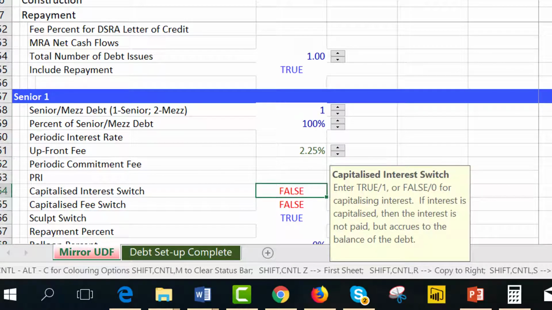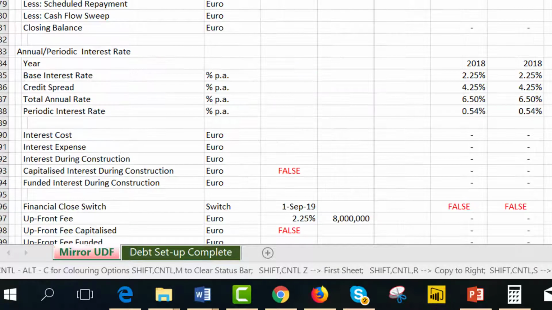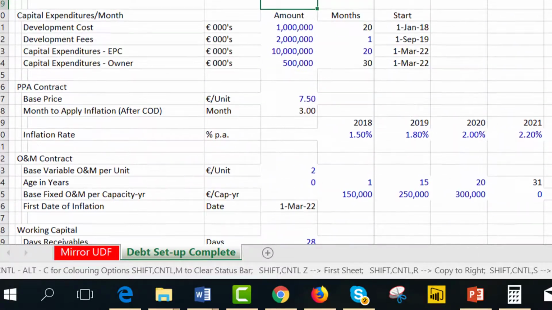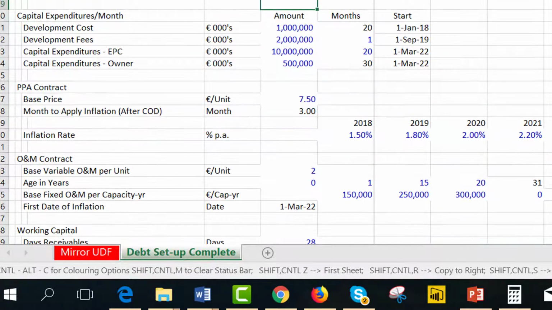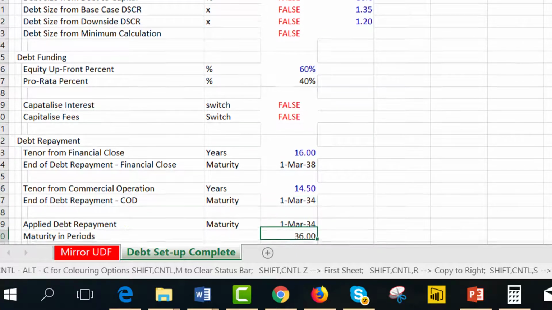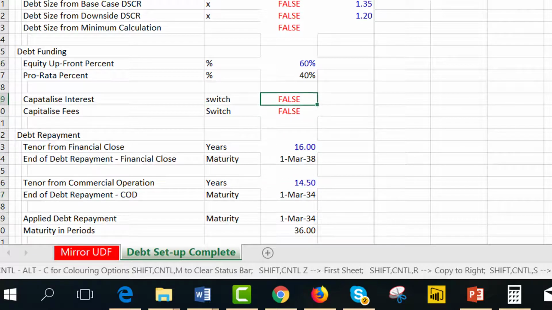Now, here's where I made the error before. So if we capitalize the interest, let's see if this even works. So let's go up here to our inputs. And now we're going to switch it. Later, when I'm finished with this model, I'm going to show you how this is just not a big deal at all. We put a